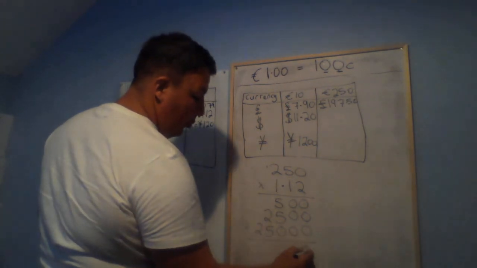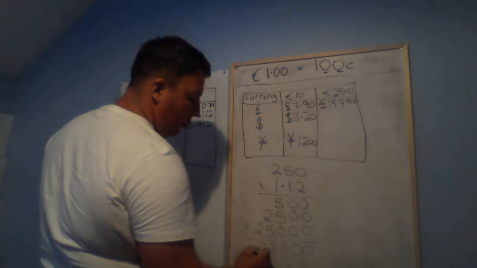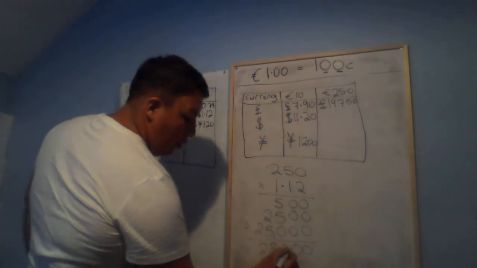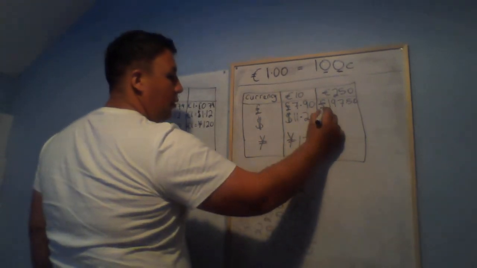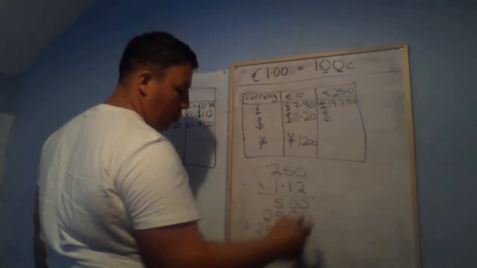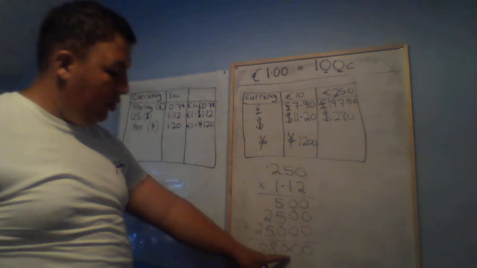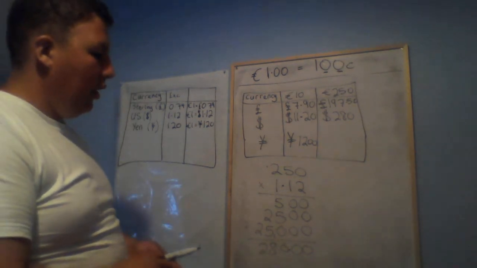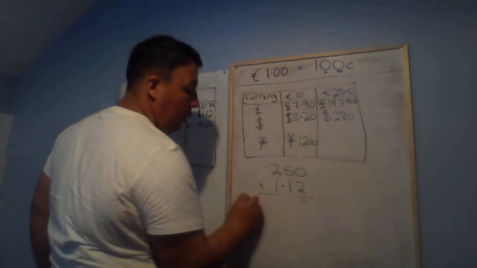Add them up. Okay, 2 decimal places in our question, 2 in our answer. So we would get dollars, we would get 280. Now there are 2 zeros after this. You can put in the decimal point and 2 zeros if you want, but you don't necessarily have to. Alright, and the last one then,